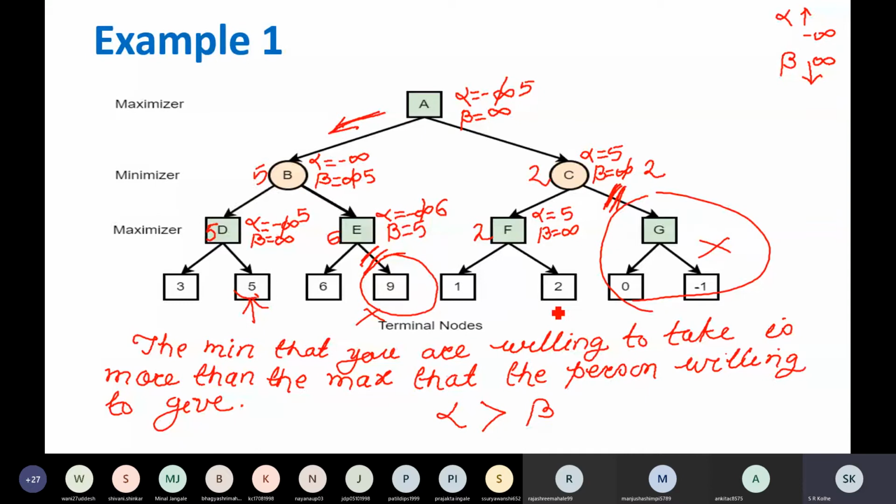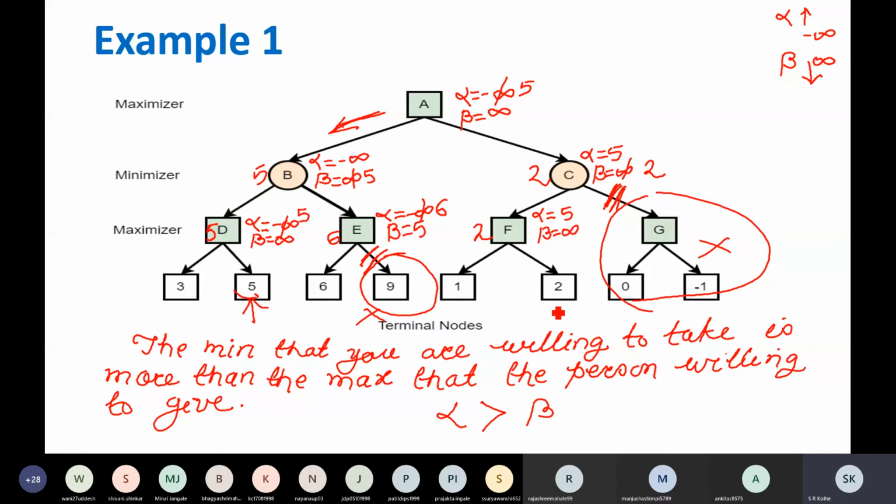I gave you the example: suppose you want 100 rupees and you have three friends. One friend has 50 rupees with him or her, another friend has 70, and the third friend has 150. So naturally you are not going to ask the first two friends, you will ask the third friend having money greater than 100.